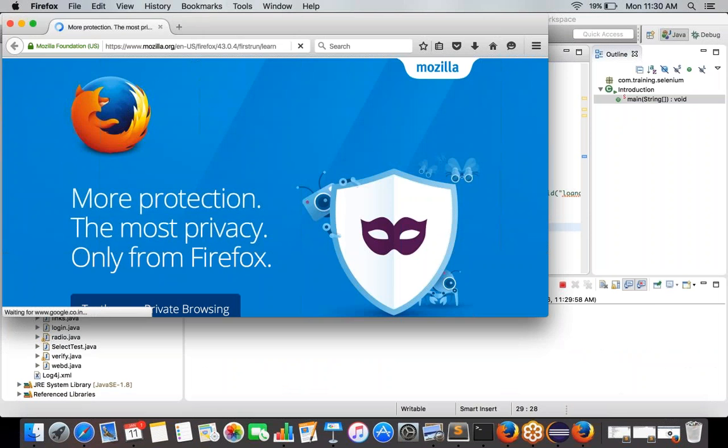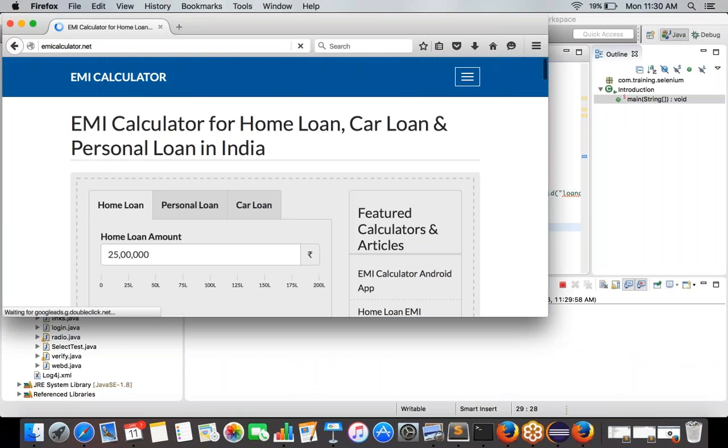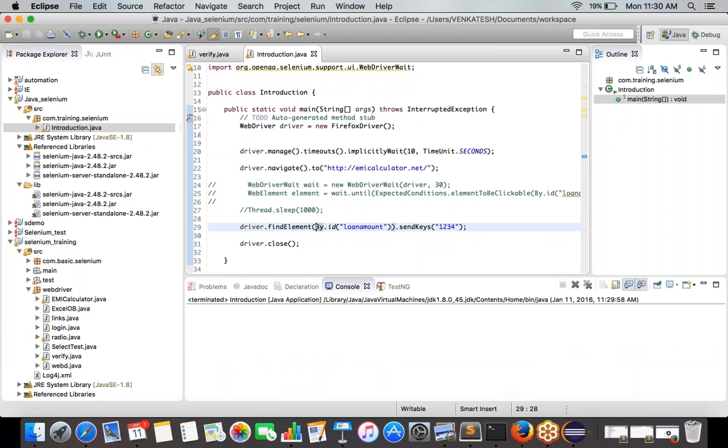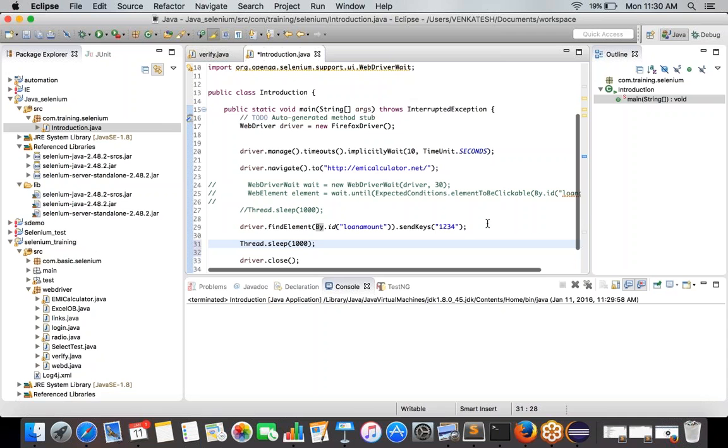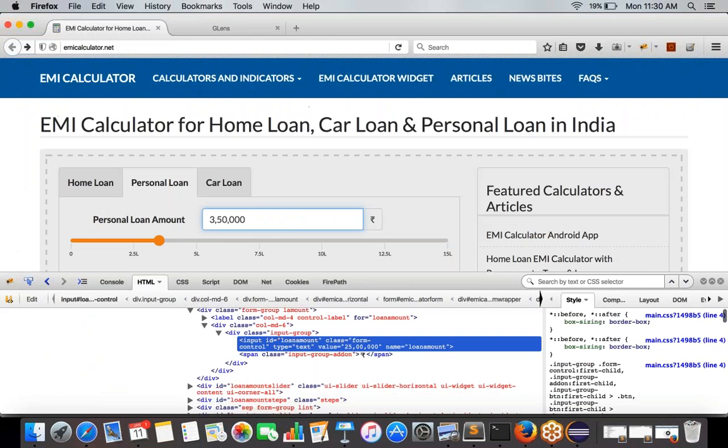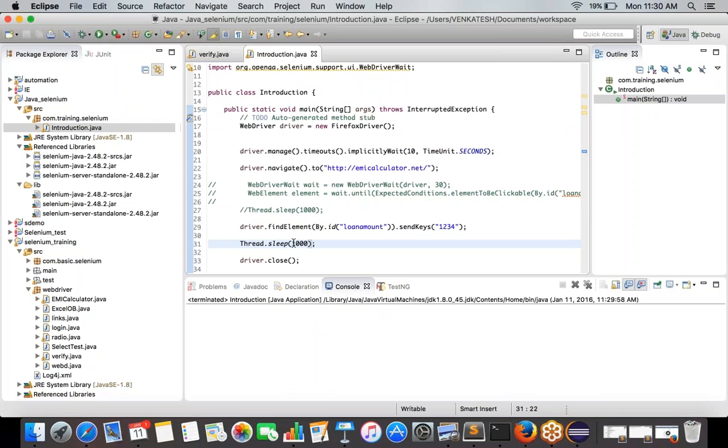It opens, enters and closes. Now, to make sure you are able to see it clearly, I just put a wait, Thread.sleep,